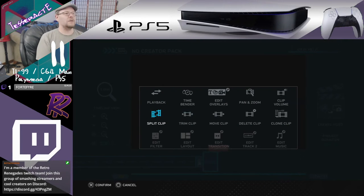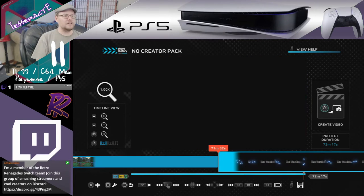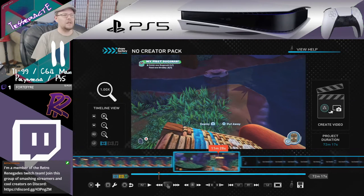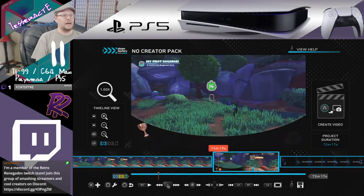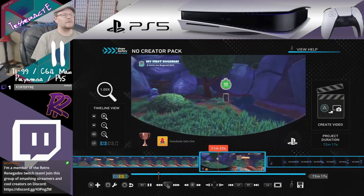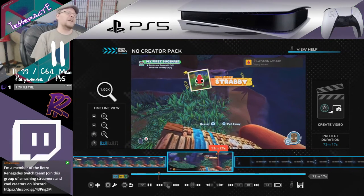And we also need to untrim this. Okay. So we've got part of the end done. In fact, let's go ahead and move this, because this is purely for the end. And that way we've got everything else to work with in the meantime. Here's our trophy clip. And let's see here. Where does this start? Okay, so